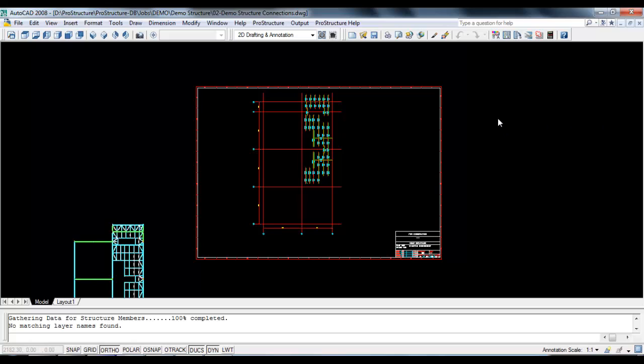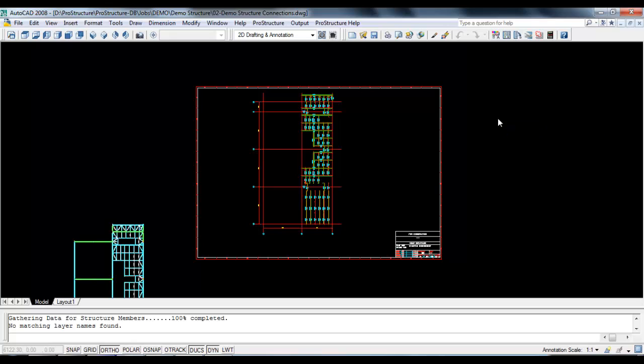So it finds all the members inside the model and assigns the tag numbers to all beams, all bracings and all columns. That process happens first, before generating any output, and those tag numbers are reflected in the GA, and also based on those tag numbers the shop drawings are generated. So now it is generating a plan view